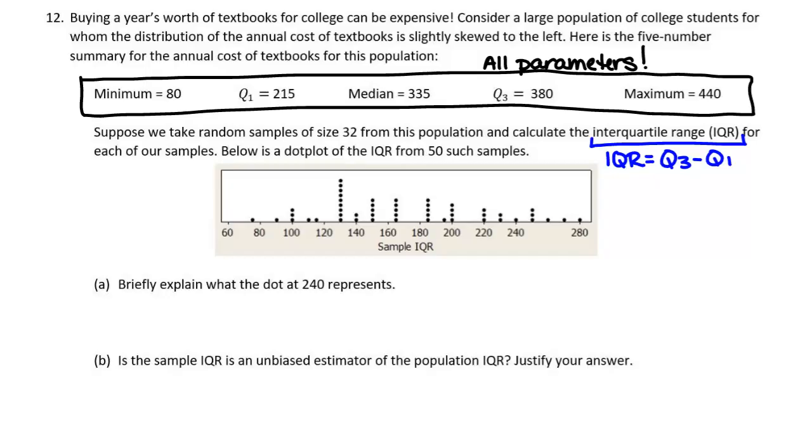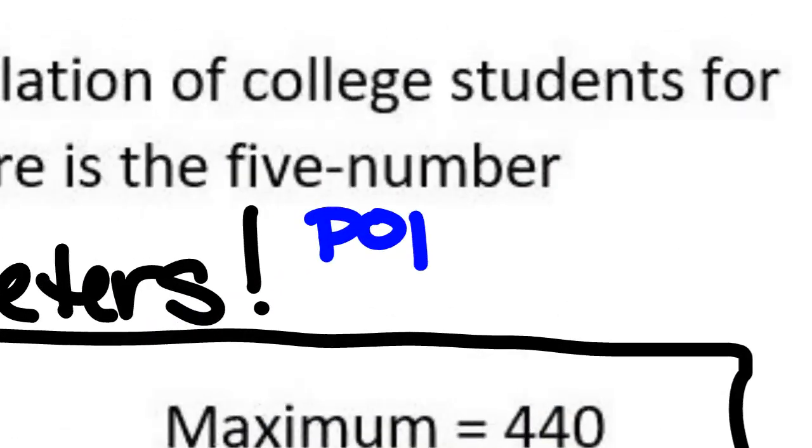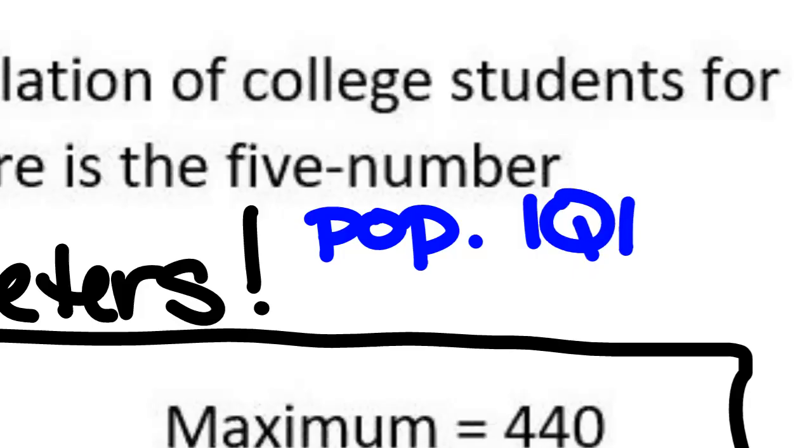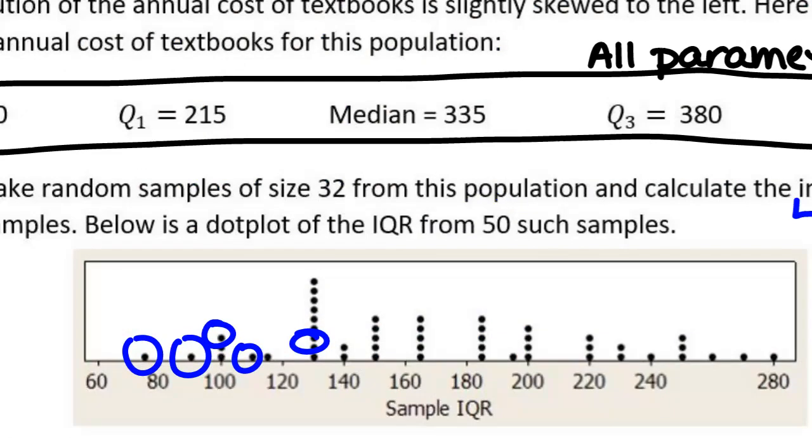Part B says, is the sample IQR an unbiased estimator of the population IQR? Justify your answer. So we need the population IQR, first of all. And then we also need an understanding of what each and every one of these dots is. Those are all IQRs. The dot plot of the IQR